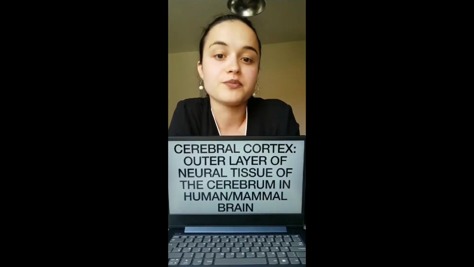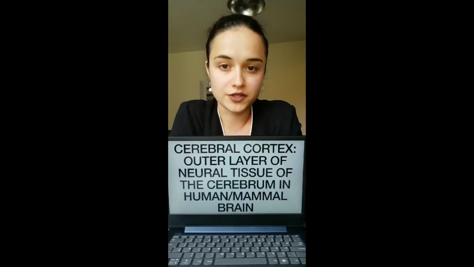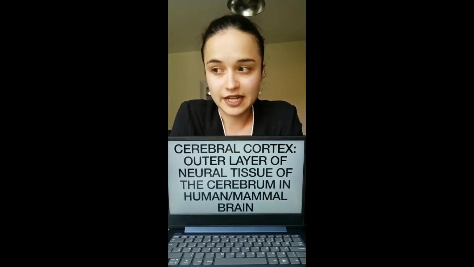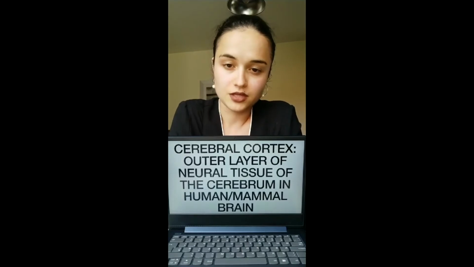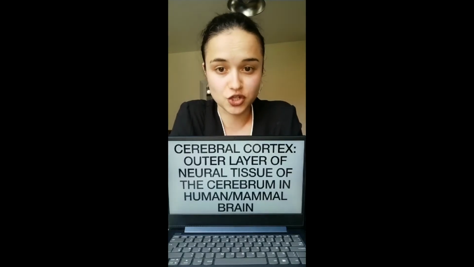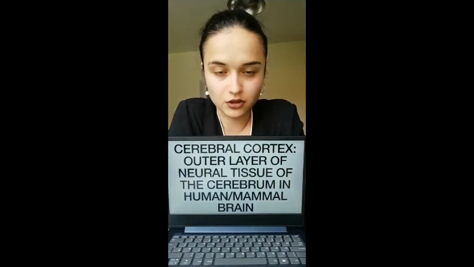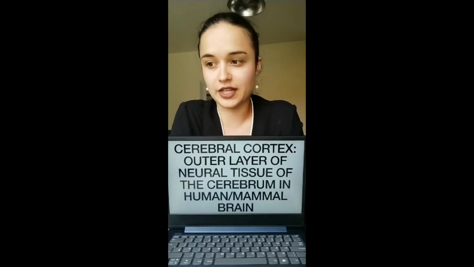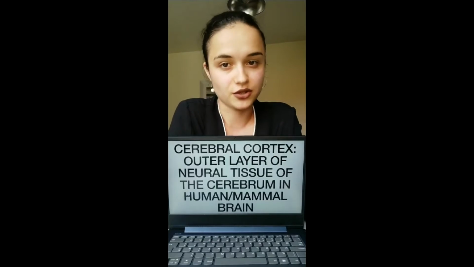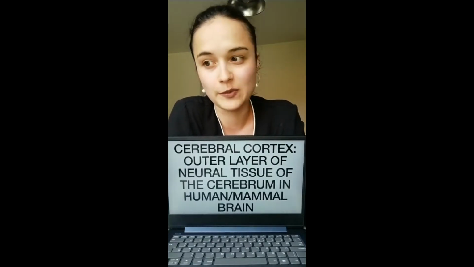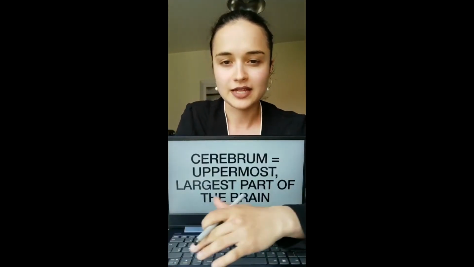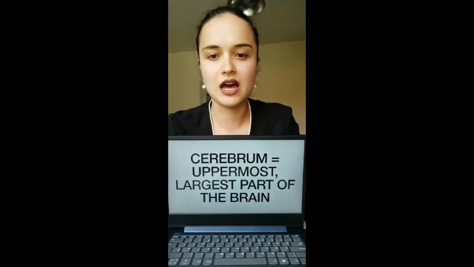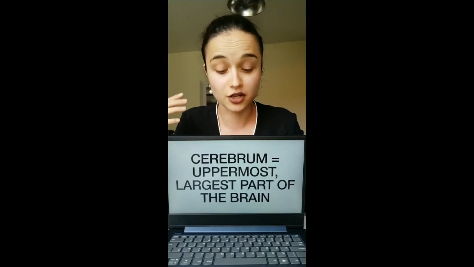So for example, the cerebral cortex. First of all, what's the cerebral cortex? It's the outer layer of the neural tissue of the cerebrum in the human and mammal brain. So human and mammal brains have this structure, and it's called the cerebral cortex. This definition is explained using another word which we might not know. I don't know who's watching me, so I'm not going to assume we know it, but the word is cerebrum. And the cerebrum is basically the uppermost, largest part of the brain,